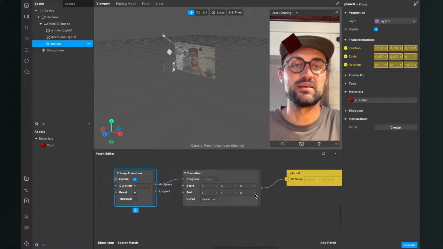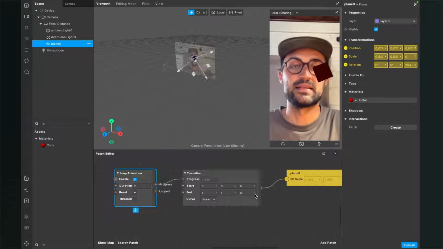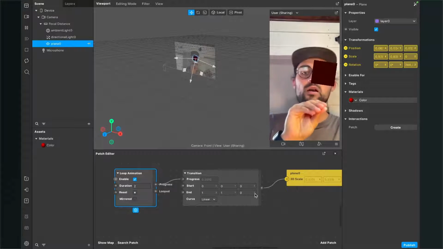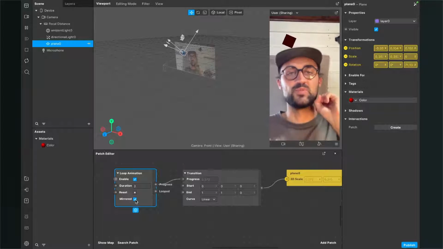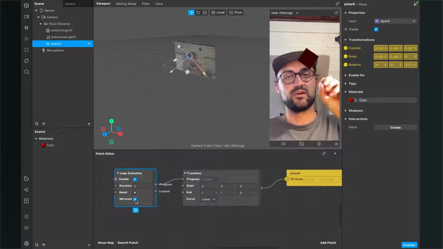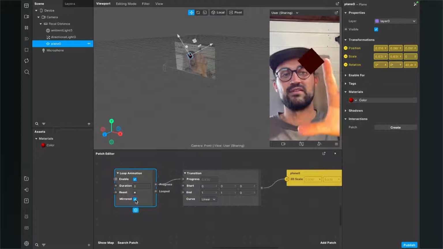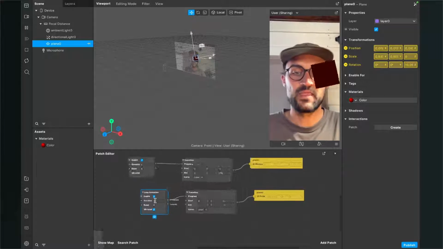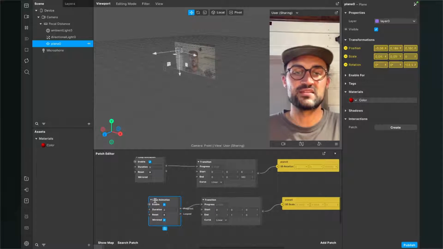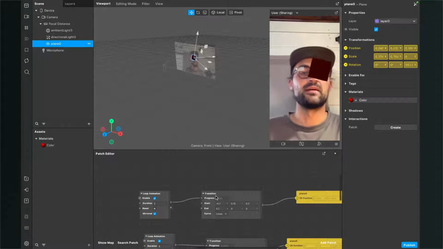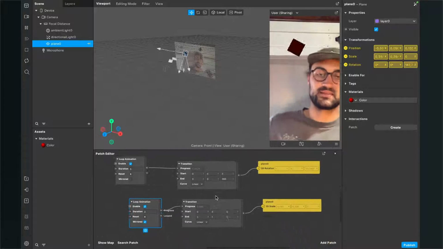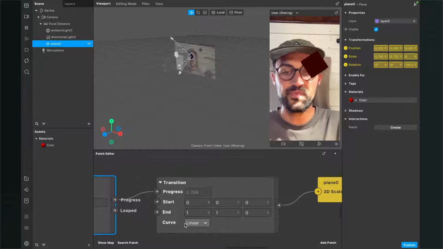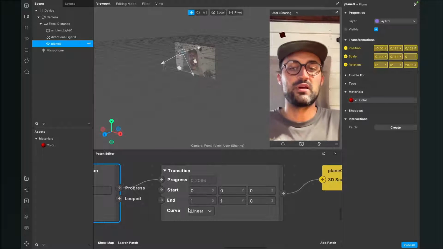So now it's getting bigger and then it's getting back smaller, but it's jumping from big to extremely small. So I will activate here mirrored, so it will get bigger and then it will go back. This looks pretty nice because now the scale takes 2 seconds, and also here the position takes 2 seconds. Then here at the transition patch there is also this curve. When you click here, it is standardly